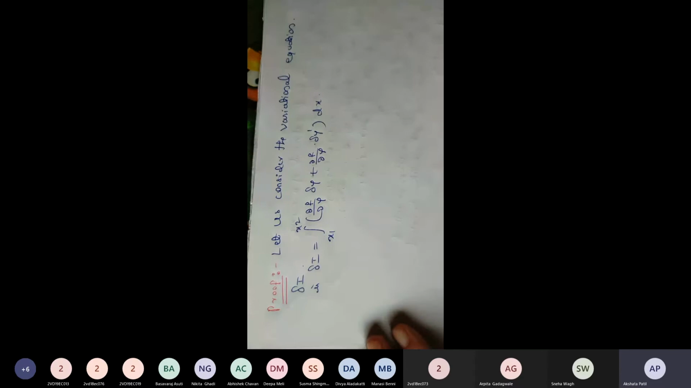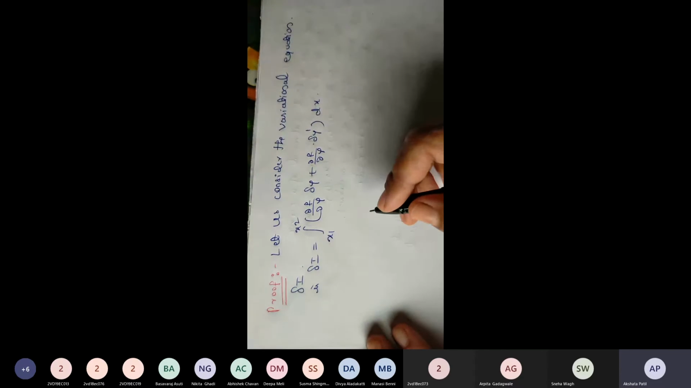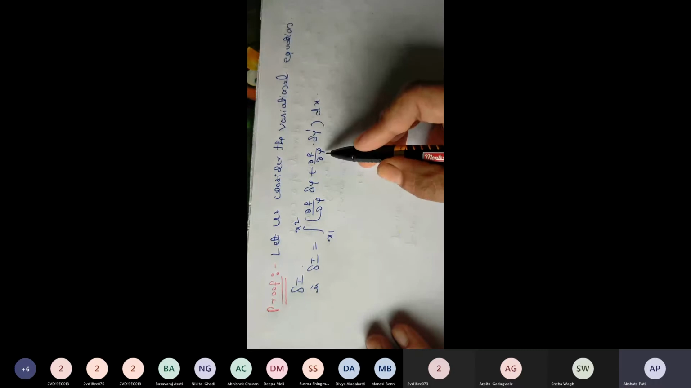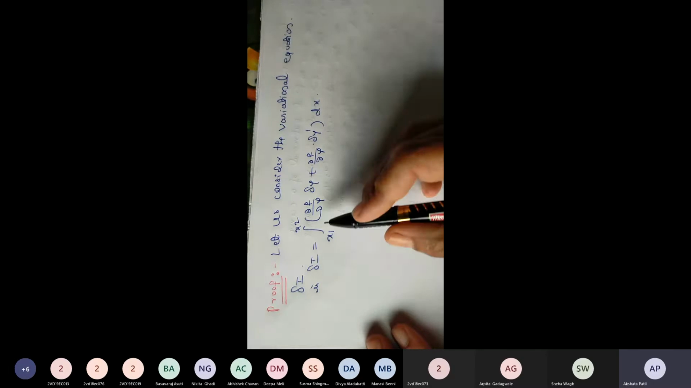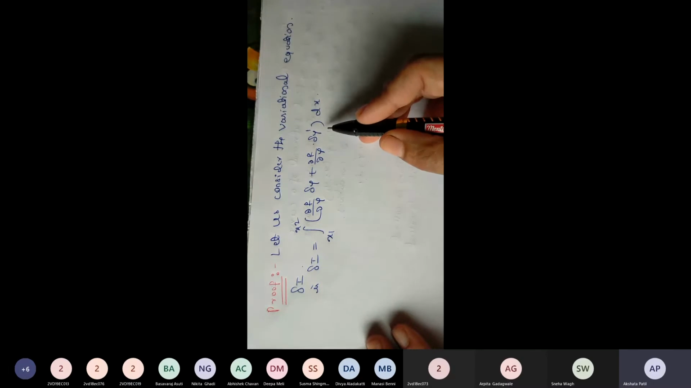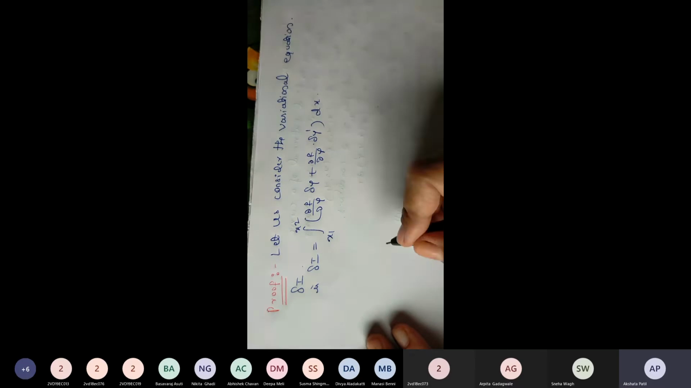Okay, so now this is the equation, which is nothing but the first variation that we have to obtain. So this is nothing but the first variation. According to the definition of variational problem,